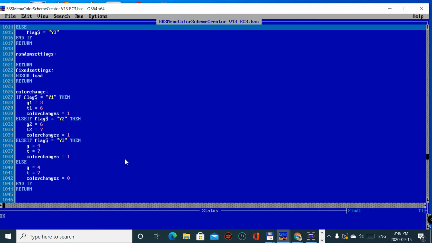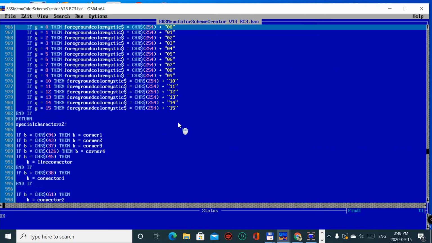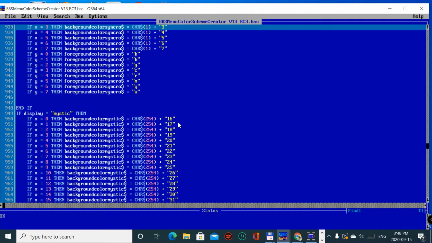So if it changes the color, it becomes color change 0. So then it's still flagged Y3, but it's 0. And in the program up here, where I actually do part of the work,